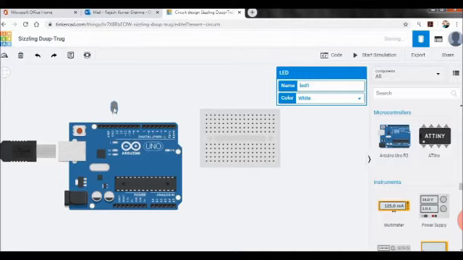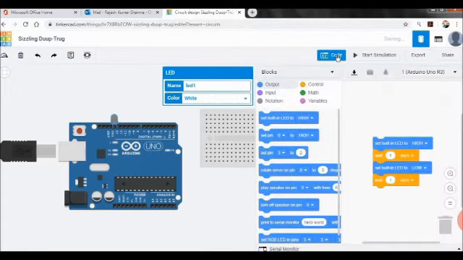In the Arduino Uno, 13 and ground are next to each other. So if I connect the positive of the LED with 13 and the negative of the LED to the ground, then the LED is connected. We can directly insert this LED on the Arduino board without any wire. That is the advantage of pin number 13. And also one thing you should know: out of all the digital pins that we have on the Arduino Uno, pin 13 gives a low output, low volt, so the LED can tolerate it directly. Other pins give high volt.